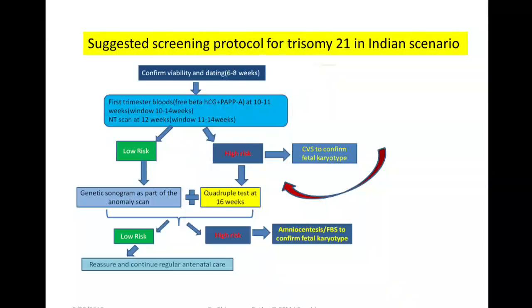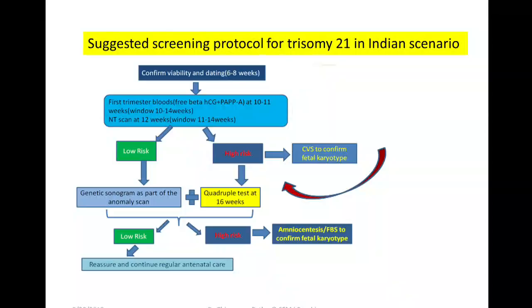of it. The ones who are high risk have the option of either confirming the karyotype by CVS at that point, or going on for the next level test by a quadruple test at 16 weeks. Again, this was the traditional way of screening, and after the second trimester assessment, the low risk group goes into routine care, whereas the high risk group can have the option of confirming their fetal karyotype by amniocentesis